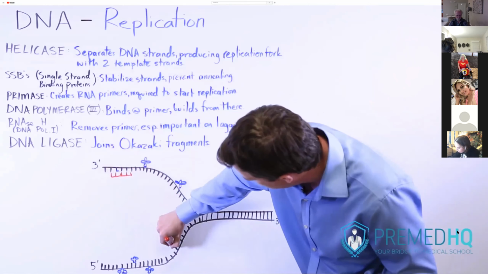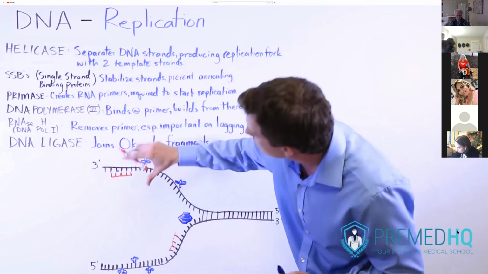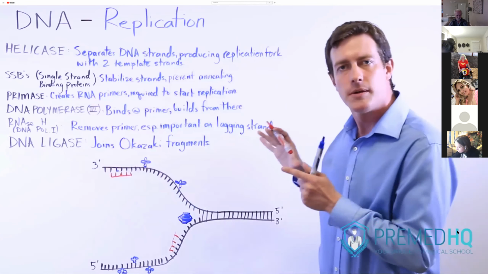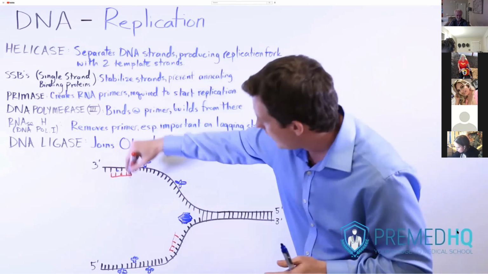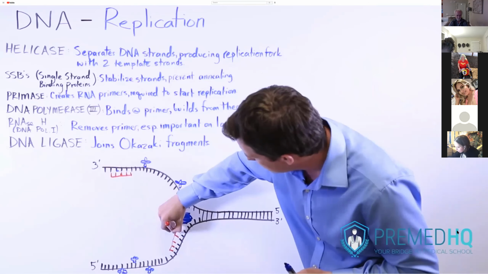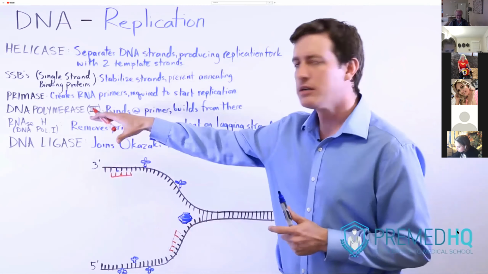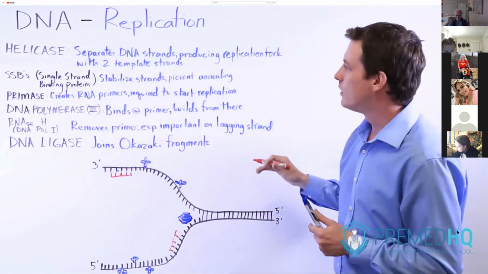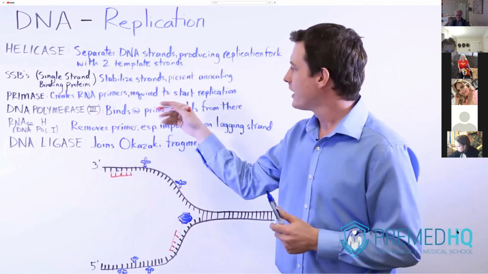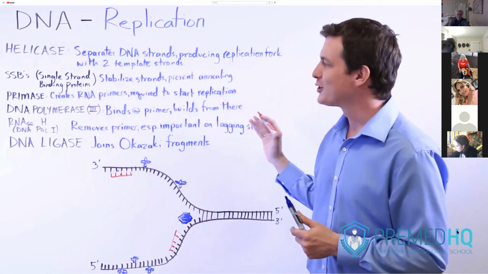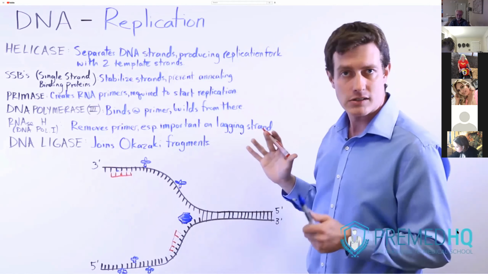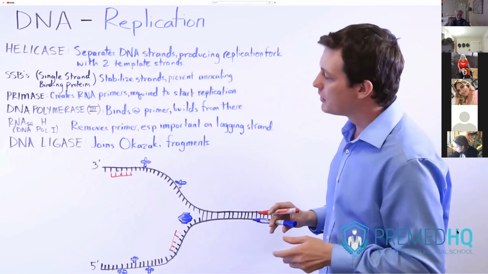So here we'll draw a primer here as well. So the primase shows up in order to produce these short RNA primer segments. And these primer segments then allow for the polymerase to come and start the replication process. So primase creates these RNA primers. They're required to start the replication. And then the big player, which is DNA polymerase, will come along. Remember that